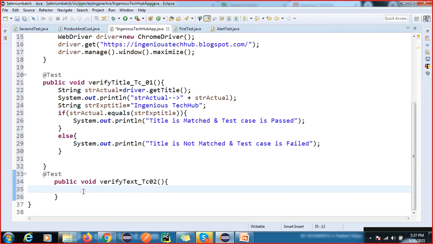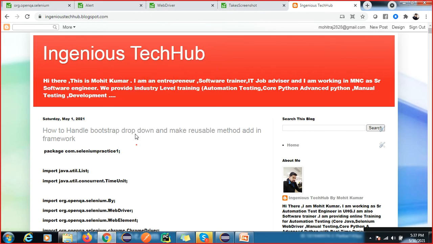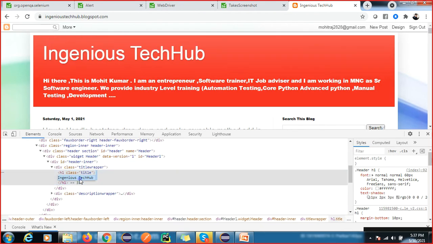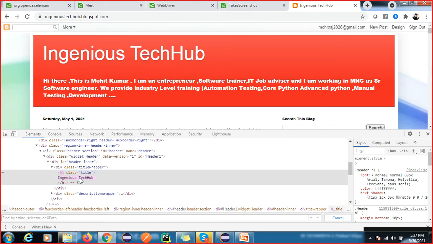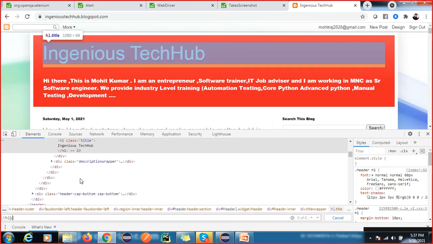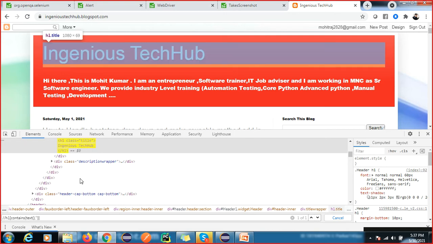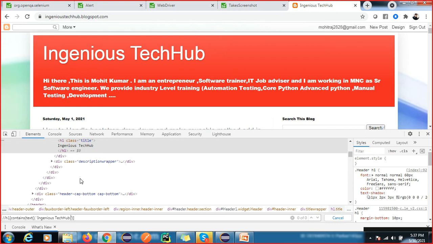So here I am going to write the finding of the element. You have to capture this element and verify this Ingenious Tech Hub. So this is the text, right? I will use h1 contains, and this is your text. I think I have something wrong here.